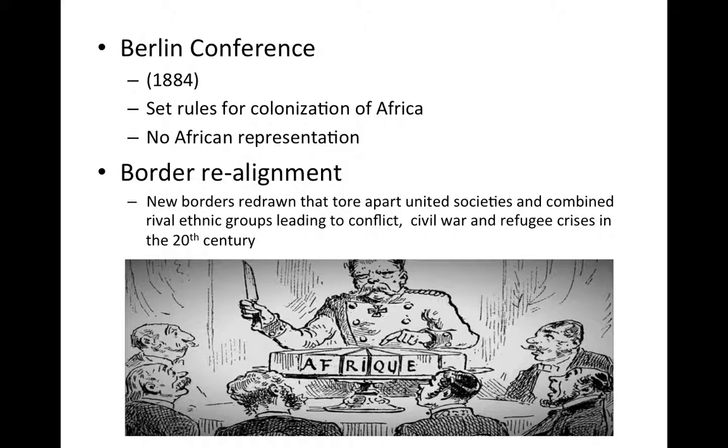We mentioned the problem in Rwanda, which really exploded after colonization, where two groups of ethnic Rwandans were kind of put together, and at the time under Belgian influence, there wasn't a lot of conflict because the Belgian government was in control. But once the Belgian government left, those two rival groups kind of went at it. So by the 20th century, this border realignment will eventually lead to civil war and a refugee crisis. And in the case of Rwanda, a genocide. So the Rwandan genocide is very important. Again, that's going to come up in the next unit, but it begins here with border realignment.